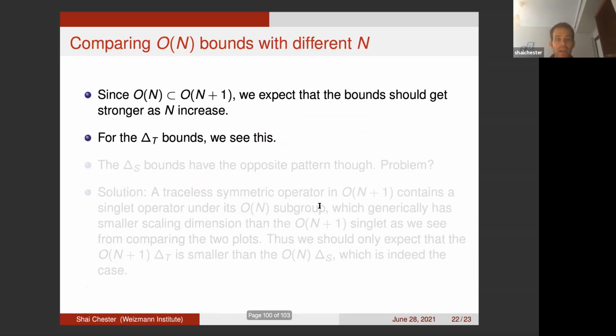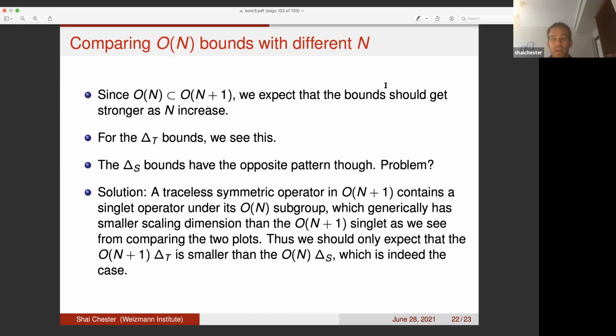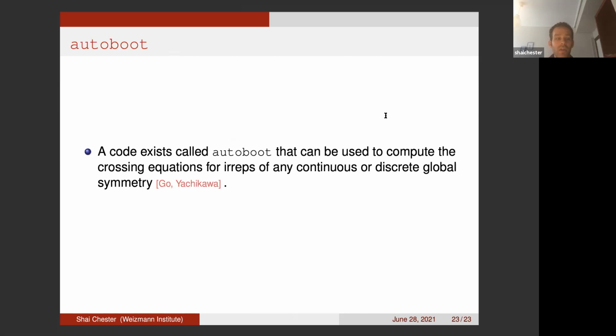Okay, so any questions about these plots? Okay, good. So finally, I will conclude by noting that there is a code that exists called AutoBoot, which can